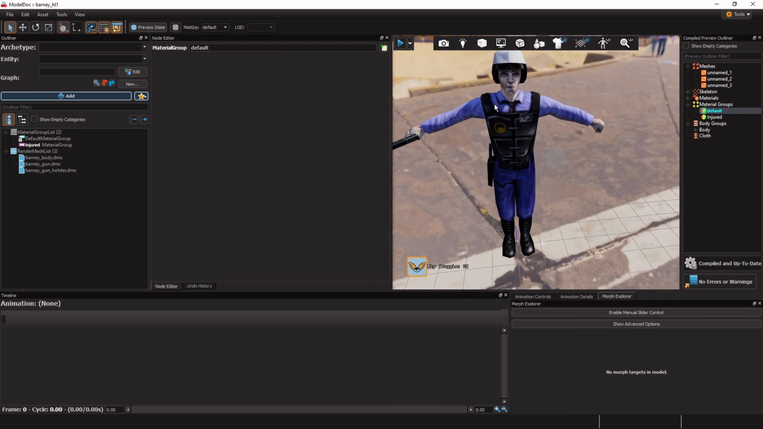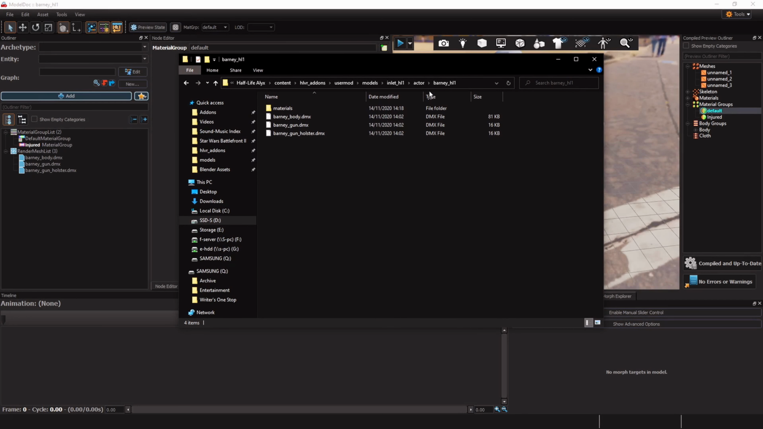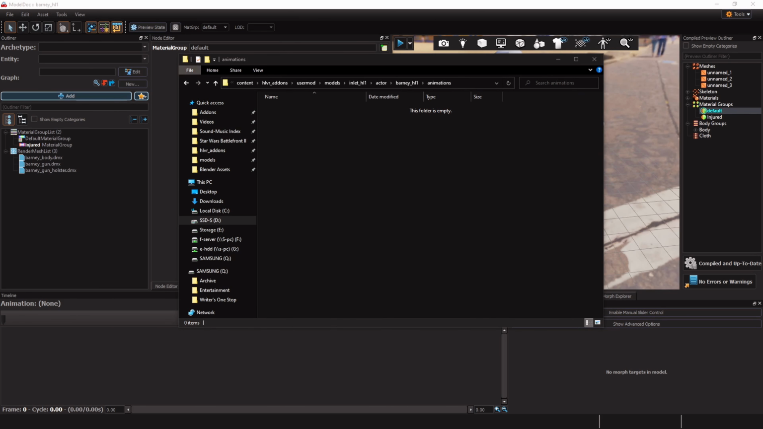See if we can get these to work with this model. As you remember, we didn't yet export any animations from Blender. So back in here, the folder inside of the Life Alyx content folder, as we mentioned earlier, we're going to create a new folder for animations, called whatever you need it to be. We're going to run along back into Blender,